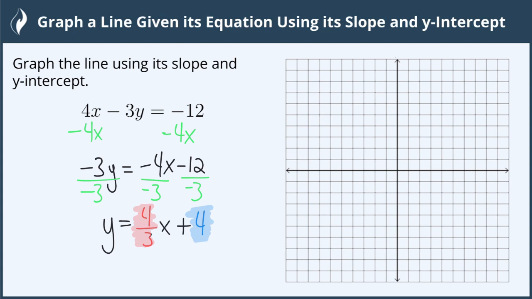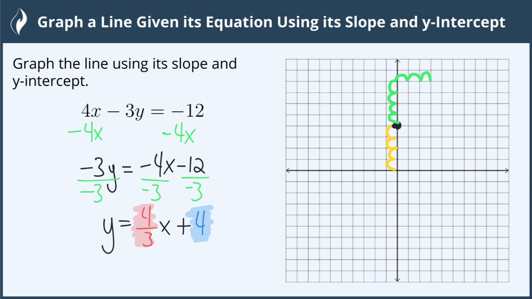So we start by plotting our y-intercept. That means we'll count up from the origin, 1, 2, 3, 4, which gives us our first point. Then from there, we know that our slope is 4/3. So that means we need to count from our y-intercept up 4, 1, 2, 3, 4, and right 3, 1,